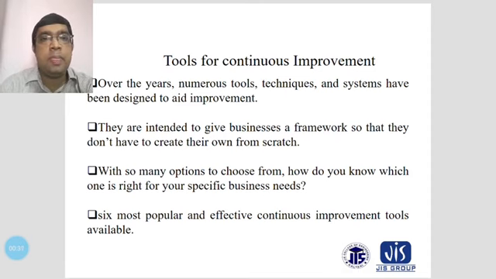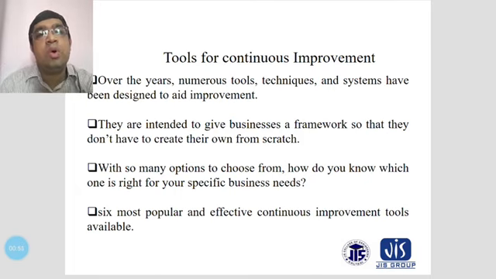Basically, over the years, numerous tools, techniques and systems have been designed to aid improvements. We have to be concerned with the different types of products. Like in our business strategy, there will also be improvements, and you have to consider the different types of tools. You always have to be concerned that the quality of the products introduced to customers is good, and that the customers will be satisfied. For your business to continue in the long run,